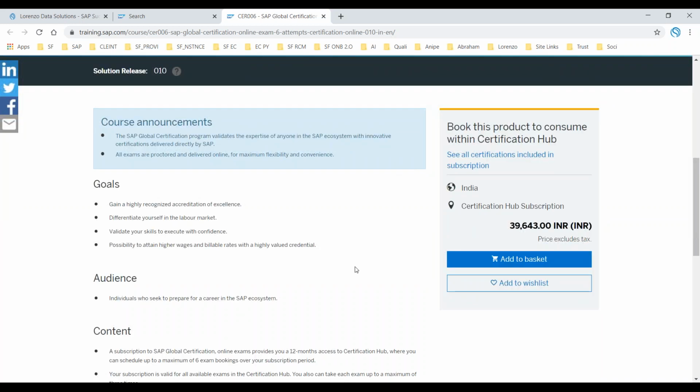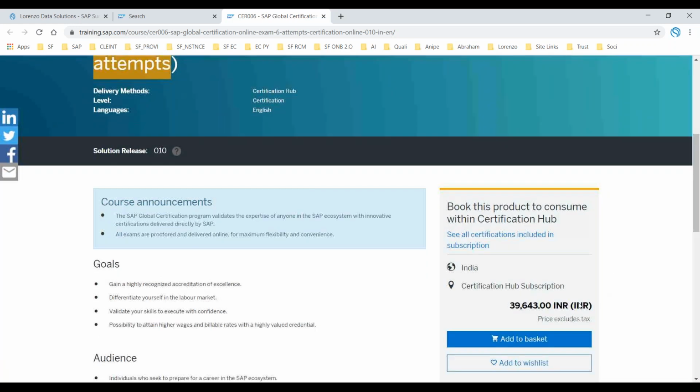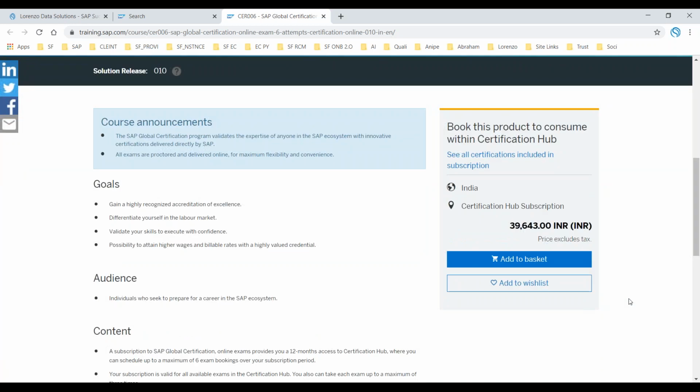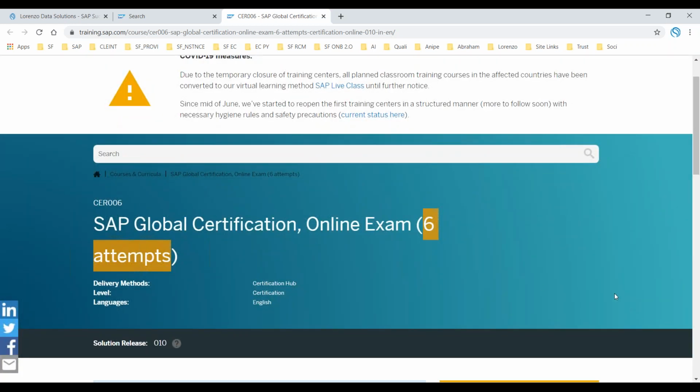So now any beginner, as an individual who wants to register for Cloud Certification Hub, go and click on add to basket and then continue and add your bank card and address and submit it. And within 24 hours, your Cloud Certification Hub is going to be activated.